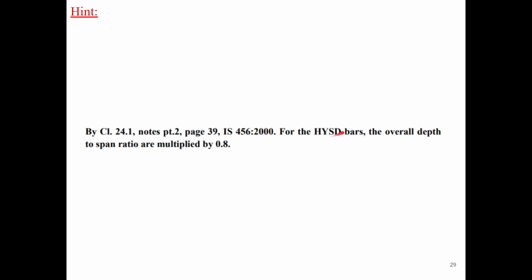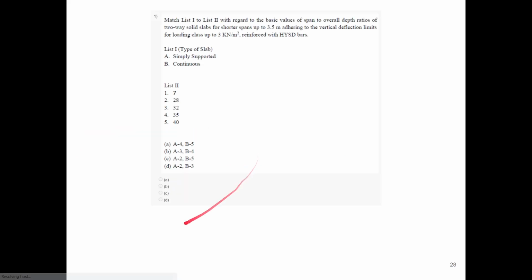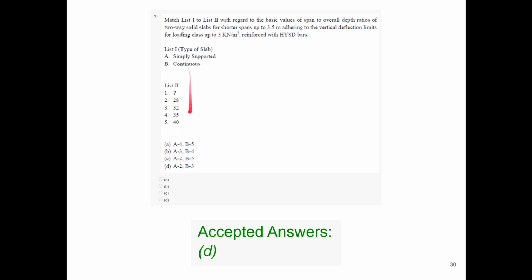And as I told you, for the HYSD bars, the overall depth to span ratio is multiplied by 0.8, right? So D is the correct option, as I told you. So as you can see, D is the correct option. Okay, so A is 2 and B is 3. Okay, so next question,